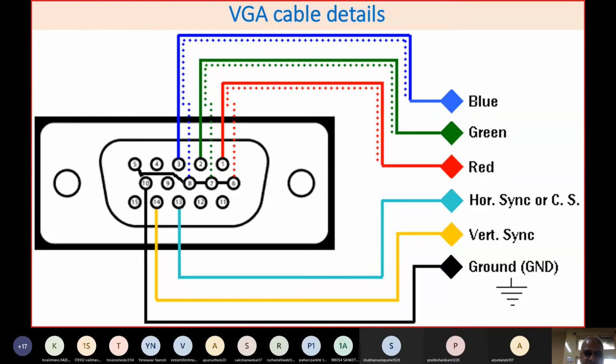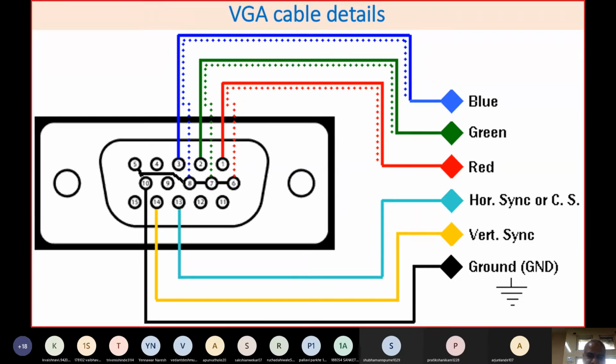First is RGB. First one is red, second one is green, and third one is blue. In fact, whatever signal is coming out of this VGA is purely an analog signal. This analog signal is carried through this cable, maybe a 1.5 or 2 meter cable, from these sockets to the monitor, and it carries your RGB signals. Then two more important signals are the vertical synchronizing signal on pin number 14, and the horizontal synchronizing signal on pin number 13.